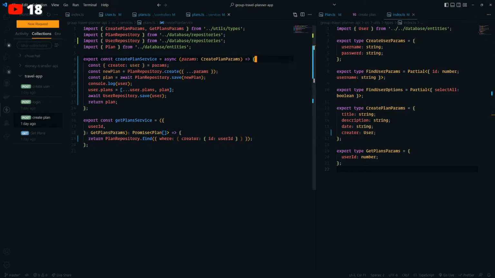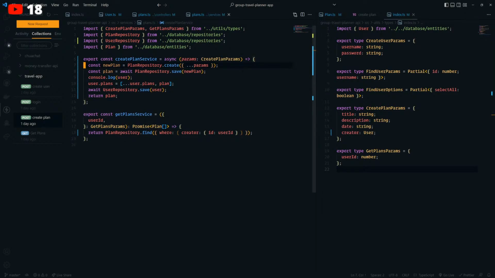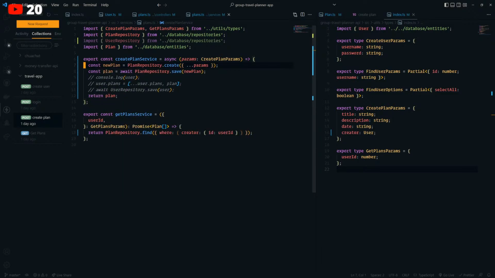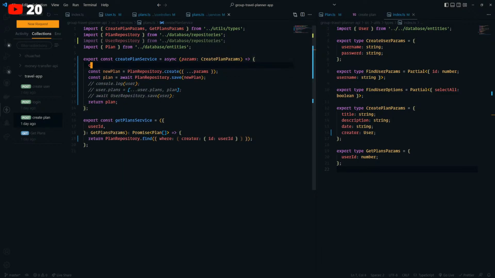Okay, so I think what we'll do is we will fetch the user. So let's fix up our logic real quick. We could either fetch in the create plan service, or we could do it another way.